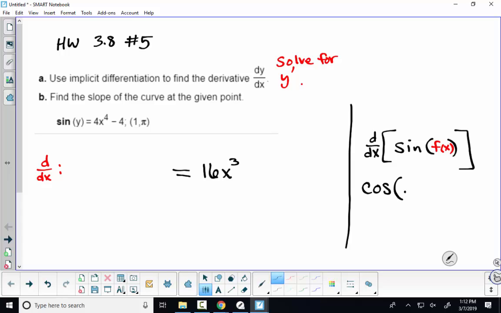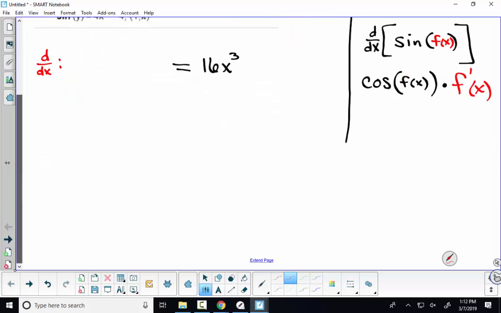Yeah, so we have cosine of f of x. That's like the previous problem, the cosine of p to the fourth, and then we had to multiply it by the derivative of p to the fourth. So we have to multiply this by the derivative of the function. The chain rule is in every derivative we've ever done up to this point. Even before the chain rule, you were doing the chain rule without knowing it. It might be worth mentioning, as a side note, when you take the derivative of, let's say, x cubed,